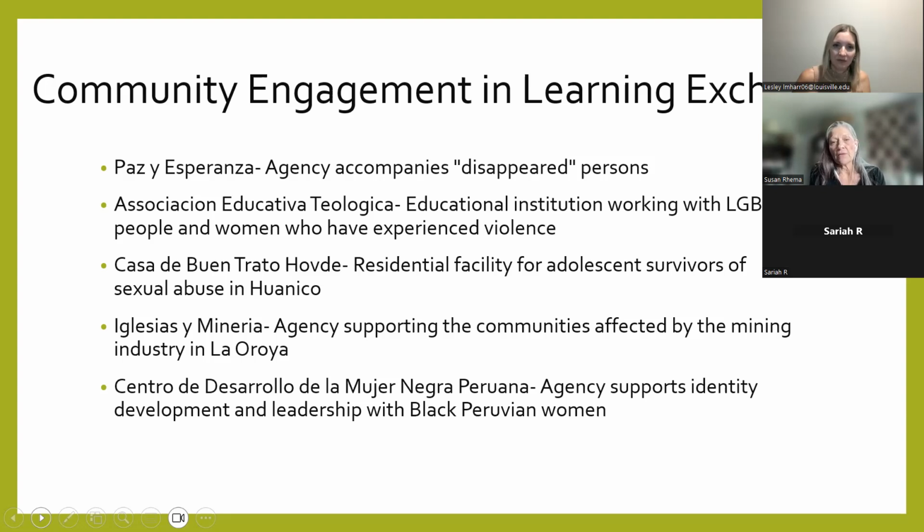These are folks that have been disappeared because of their political activism. Another agency that we will work with is one that works with LGBTI individuals and women who've experienced violence. Both of those are in Lima, and we will spend the first few days there in Lima exploring the work of these two agencies. And then we will go to a residential facility that's located up in Huánuco,